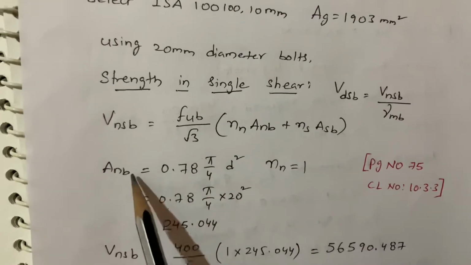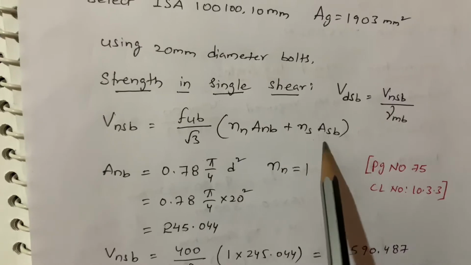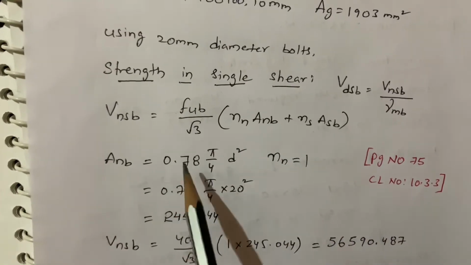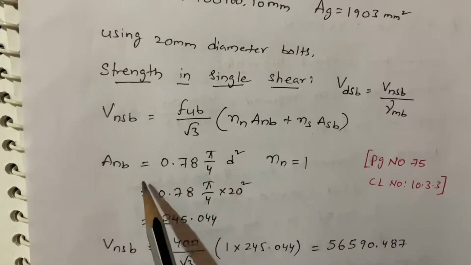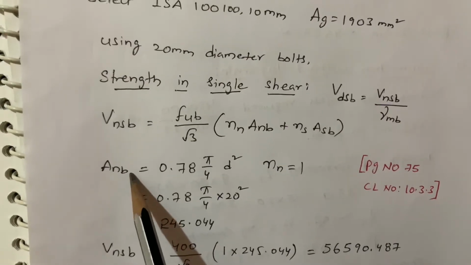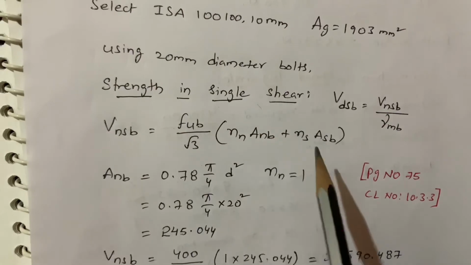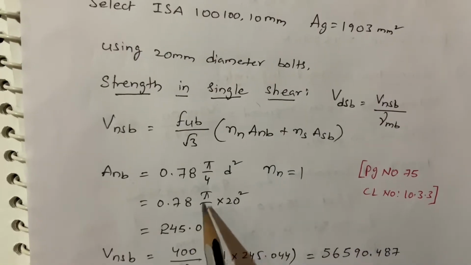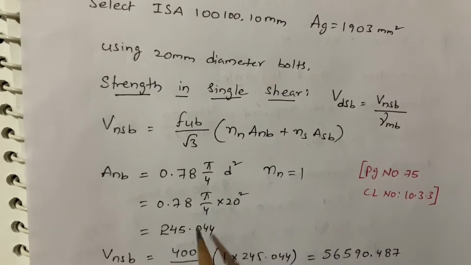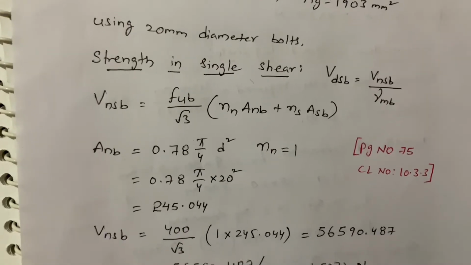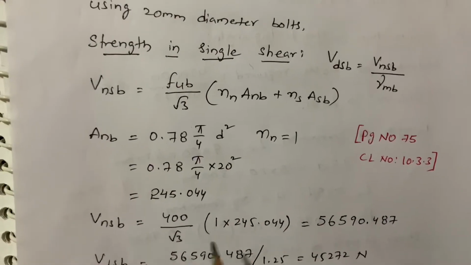In this, we need to find out Anb and Asb. Anb is nothing but 0.78 into pi by 4 d square, that is the shank portion area, and nn is the number of shear planes, this is single shear, so nn equals 1. 0.78 into pi by 4 d square with d equal to 20, so I got this value. And I substitute all the values in Vnsb. I got